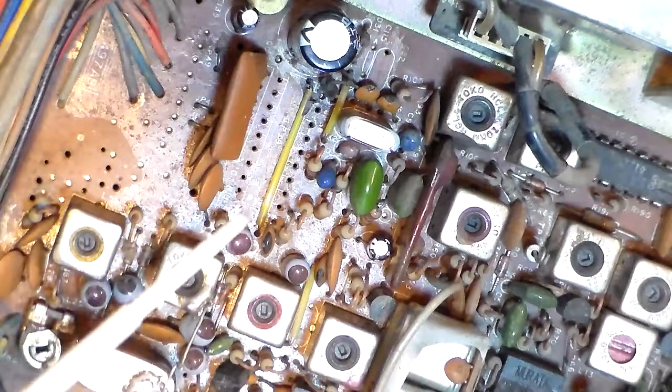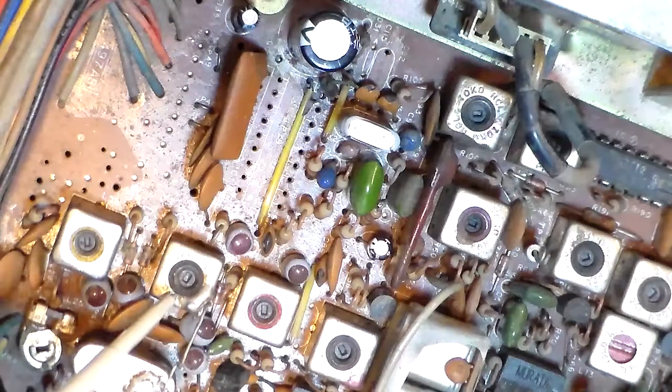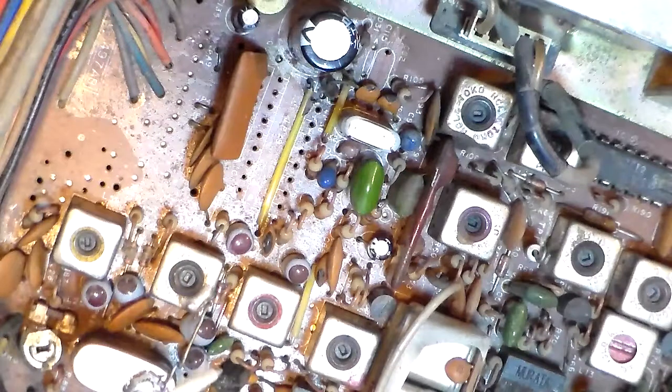It does have a channel kit in it, one of the Expo kits, which has the 3 crystals that plug into it. But to begin with, it was on frequency, and it was doing just like it was supposed to do. I did a complete recap on the radio, and that all went well. I talked on the radio locally. It talked great, sounded great, did a fantastic job. Then I came to the alignment process,